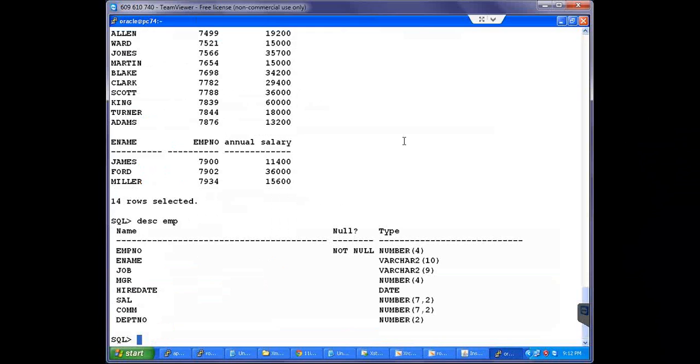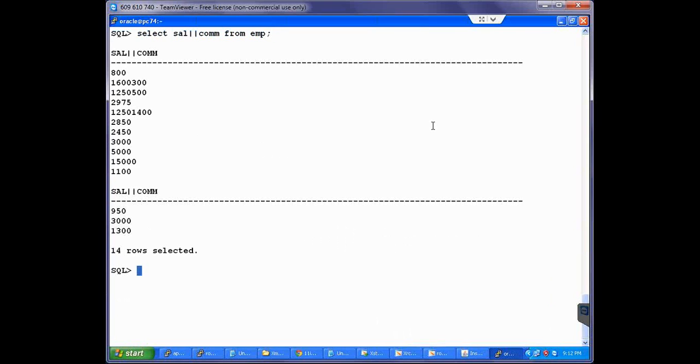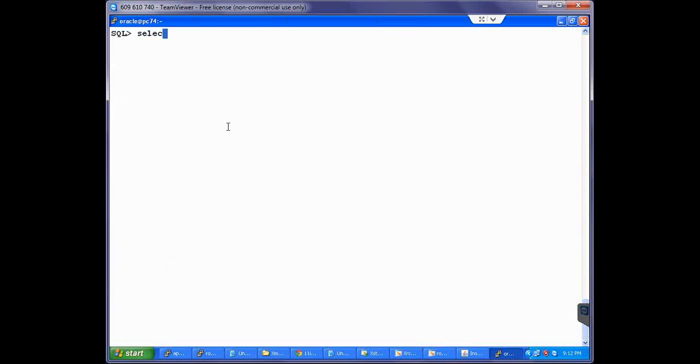Suppose I want to concatenate both the salary and the commission from the employee table, then I would write my query like this. Here the salary will get concatenated with the commission percentage. Where this is especially useful is when you have two columns like this, and yesterday we created one table,